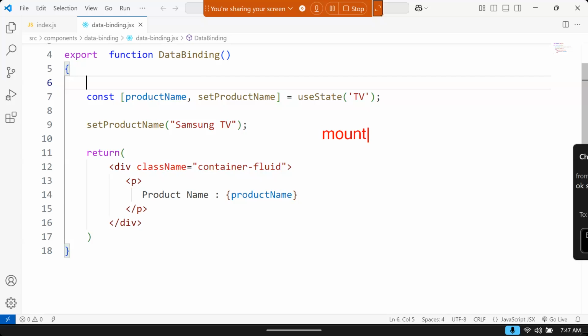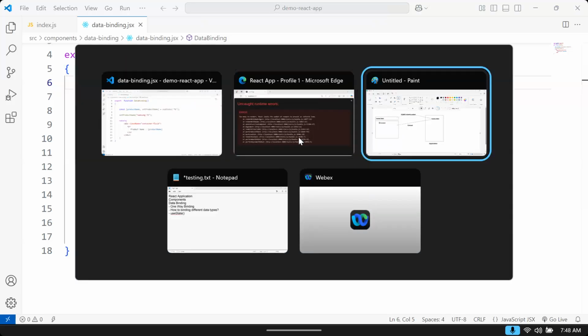State can be assigned with a new values only after component is created. That means you can assign on which phase? Mount. Or you can assign on any another event. Another event means button click, drop down, change. You can use on any another event. Initially here you have to write a mount phase. And how do we write the mount phase? So here one important point is,